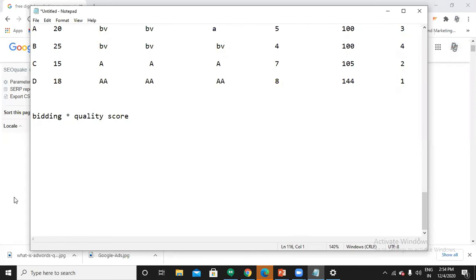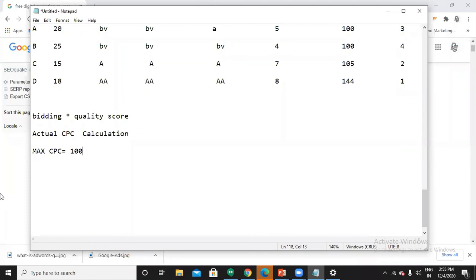One more thing I want to explain is the actual CPC calculation. If you know about quality score, you should also know about actual CPC. So what is meant by max CPC, guys? The max CPC is the maximum amount we can pay for a click. If it is 100 rupees, it doesn't mean it will take 100 rupees directly. It can take anything lesser than 100 rupees, or 100 rupees, but not more than 100 rupees per click.